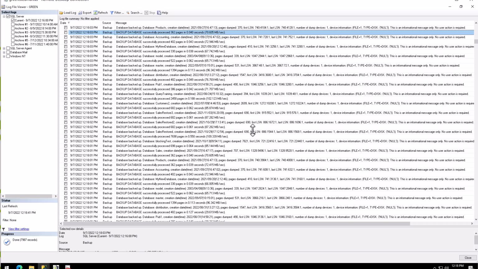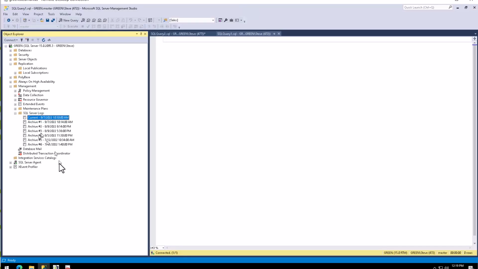But what I really want to look at the logs for is to see when did something fail? When did a backup fail? When was there a problem? I don't want to look and see 10,000 lines that are all success with one line hidden in the middle that says something failed. What we can do to fix that is we can use what's called trace flag